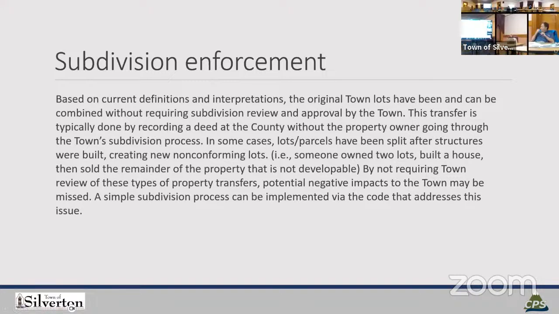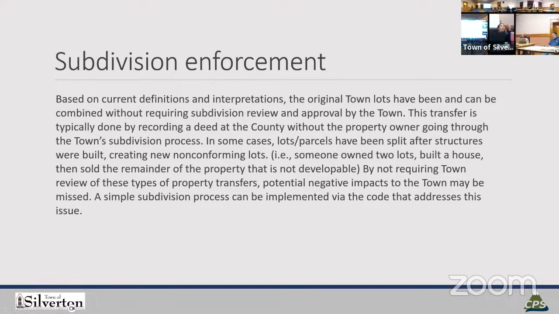But I see the issue that potentially exists where someone owns three lots and builds right onto the lot line of lot number 2. There's no setback there, and they sell off lot number 3, but now no longer have a setback. I feel like that would just be a limitation on what could be developed on that third lot, like an easement almost. Well, what happens is that third lot now has a structure right on the property line, so now they have to be 10 feet away from it, unless they build a firewall. But that would have to be part of the disclosure when they sell the lot. So it doesn't really feel like a town issue.